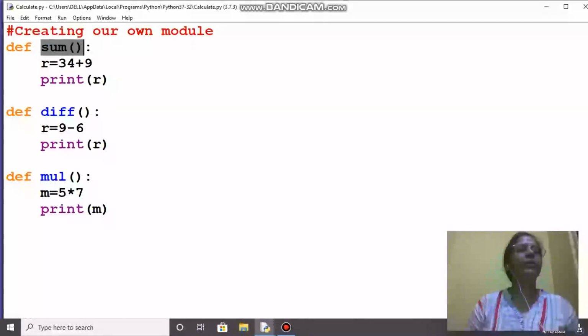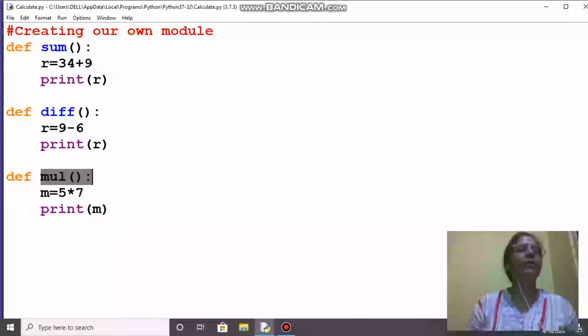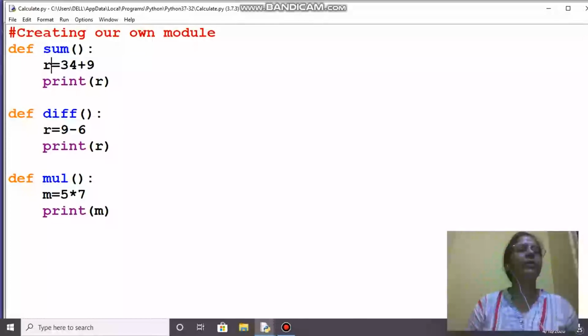One's name is sum, one's name is difference, and one's name is multiply, and respective work I have done, which we have already seen. Now I have saved this by the name calculate.py. You can see over here I have given the file name calculate.py. So now calculate will work as a module.